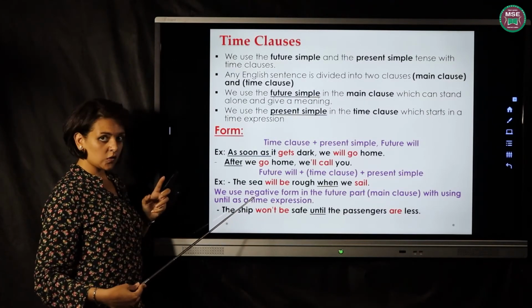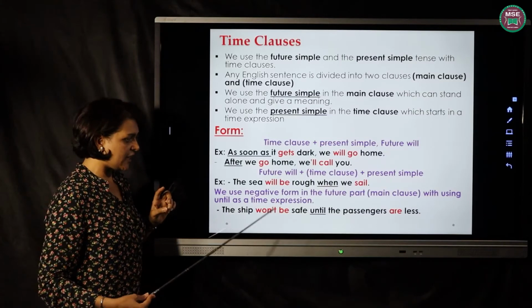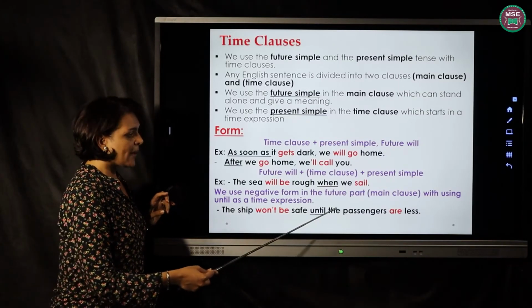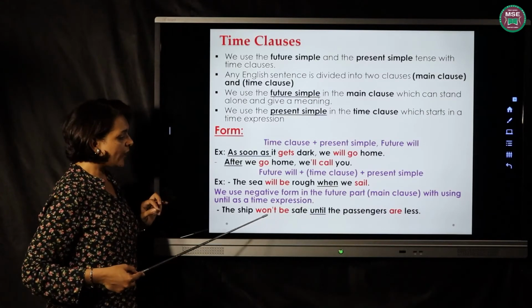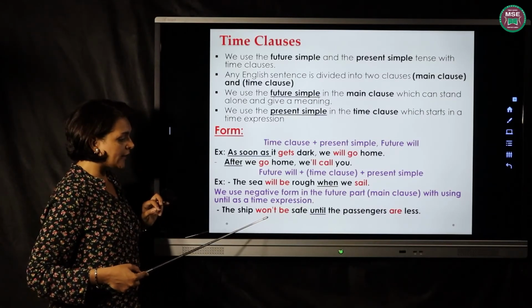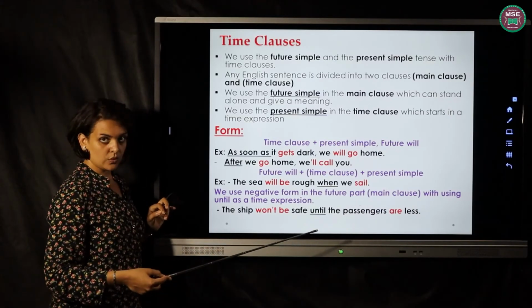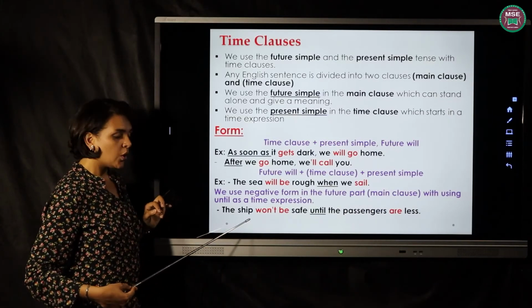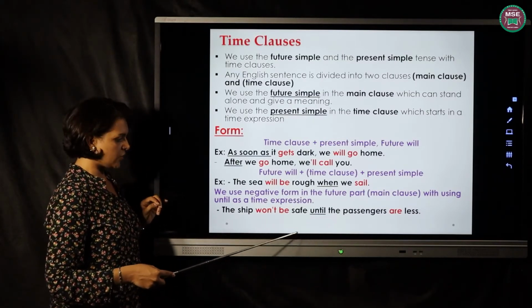Won't means will not. So the ship will not be safe, or won't be safe, until the passengers are less. So using until, we have to put this part negative and this part positive. Okay? Before until, we put negative, and after until, we put positive.